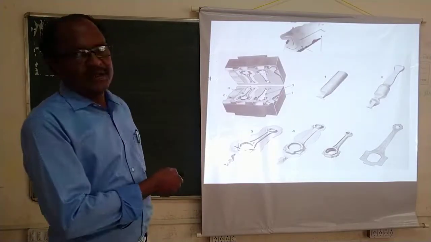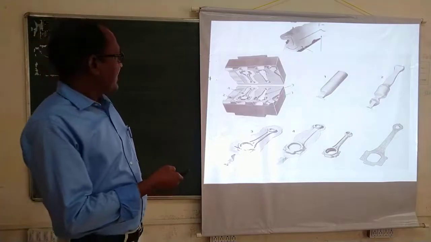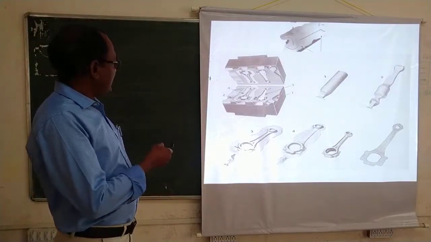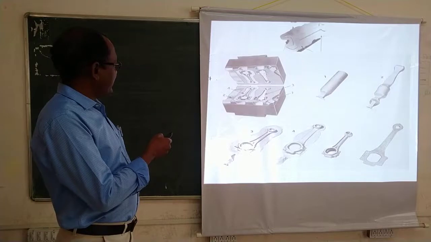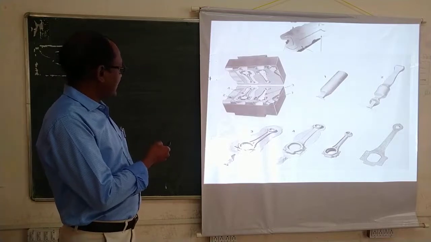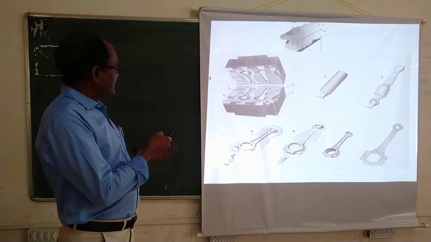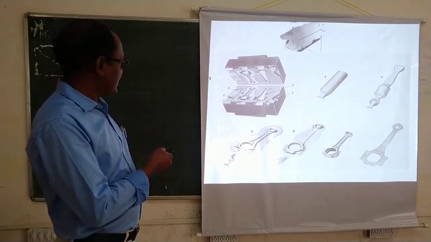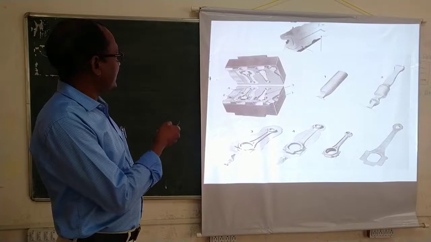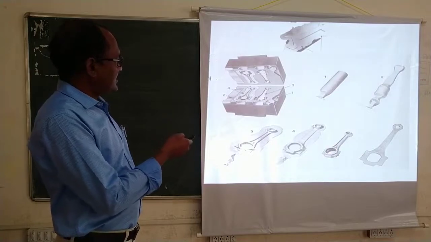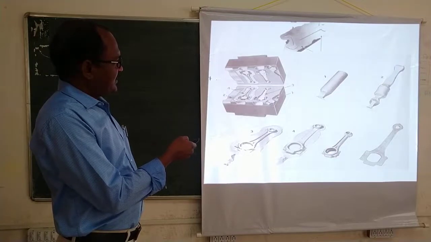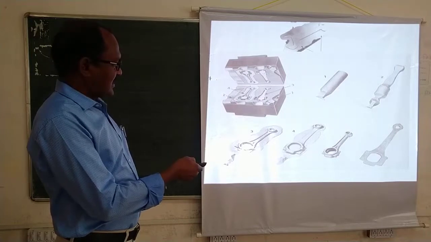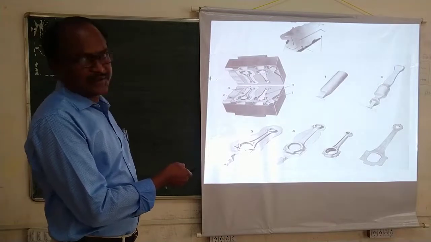This is also closed or impression die forging. In this, the impression of the connecting rod is on the upper die and lower die, and these two dies are compressed together, or this lower die is stationary and the upper die is movable. So whatever these billets are, this billet is 1, 2, 3 like that. At the last it is converted into the connecting rod.